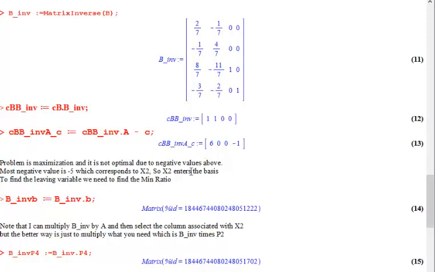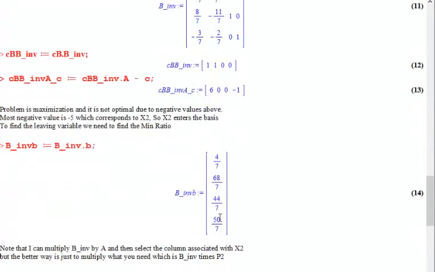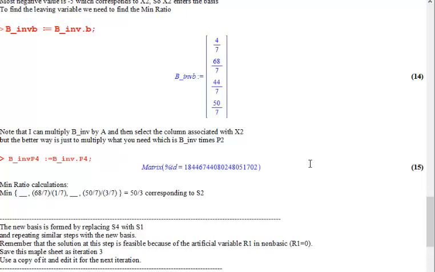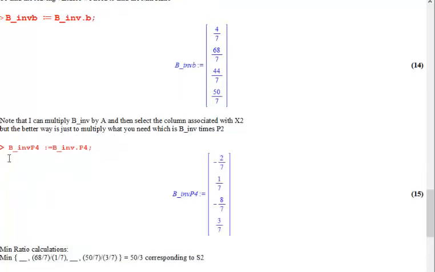To identify which one is leaving, I'm going to calculate the right hand side values, and I will be calculating the column associated with S1 for this iteration, which is B inverse P4. Remember, S1 is now the P4 column, and these are the values. Again, these two are negative, so I'm not going to do the